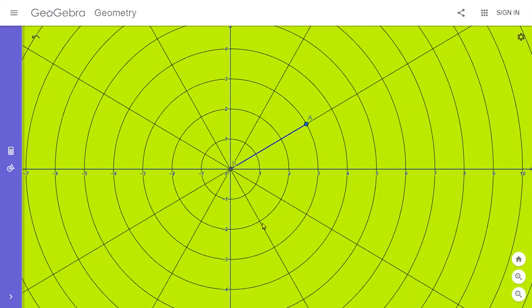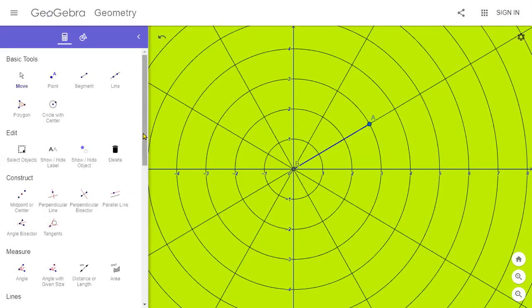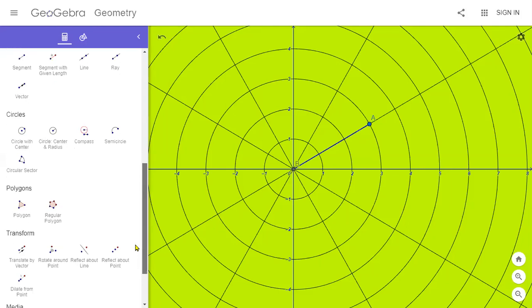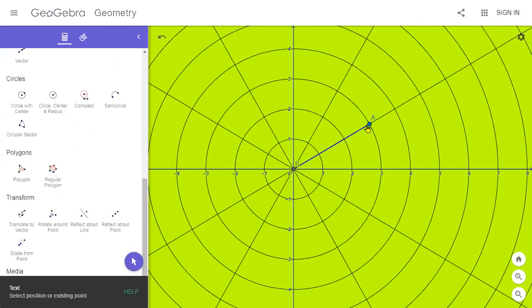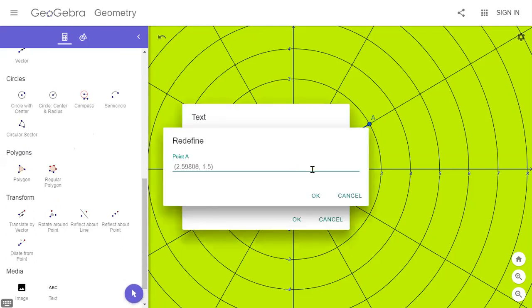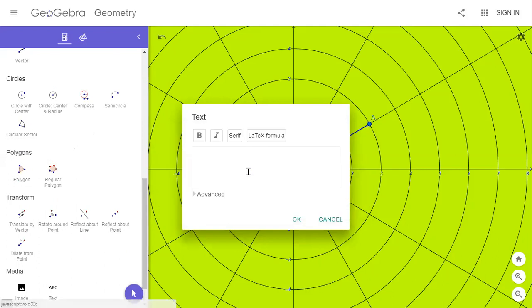Okay, let me write here on this point A. I am going to write the polar coordinate of this point A. Okay, let me go to the text mode. Let me type here. The polar coordinate of this